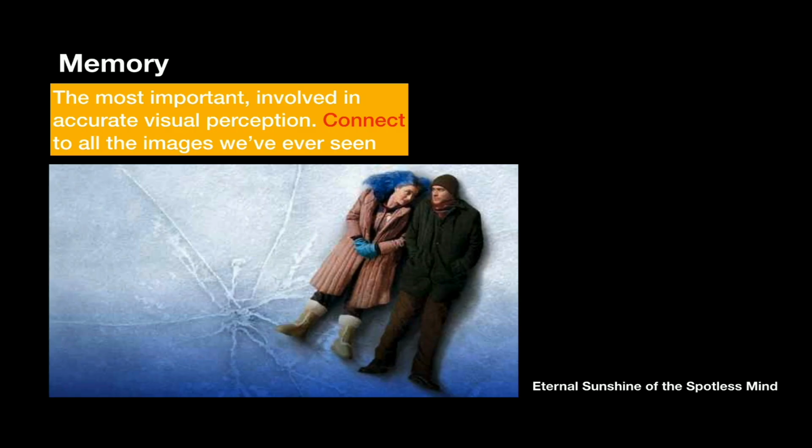In this image here, we have a still from a great movie called Eternal Sunshine of the Spotless Mind by Michel Gondry. Jim Carrey's in it, Kate Winslet. It's a great movie. And it's all about erasing memories. Kate Winslet decides she's going to break up with her boyfriend, Jim Carrey, and erase her memories of him. It's in the future, sci-fi. He finds out about it and he says, well, I want to do this too. I want to erase my memories of her.